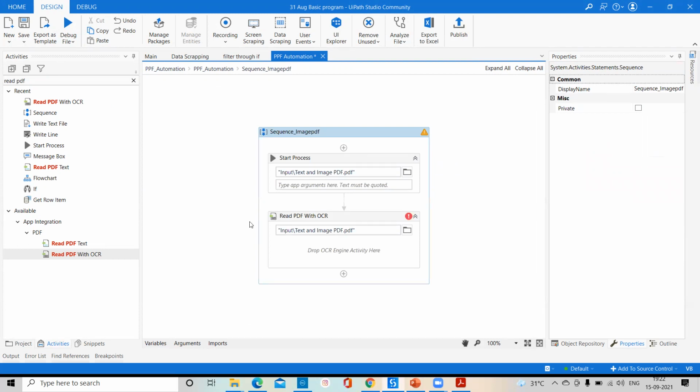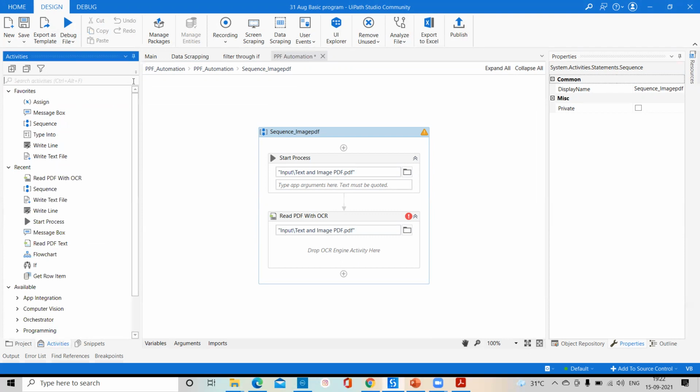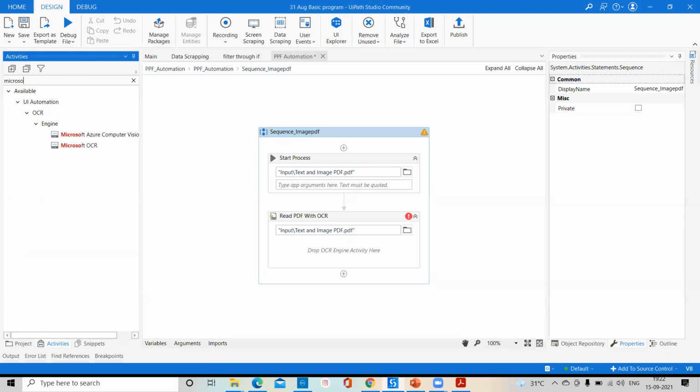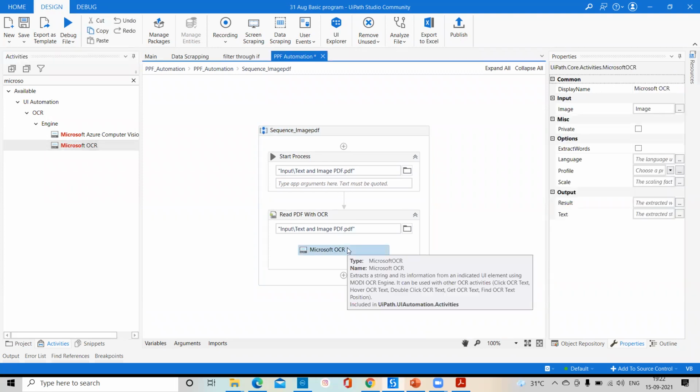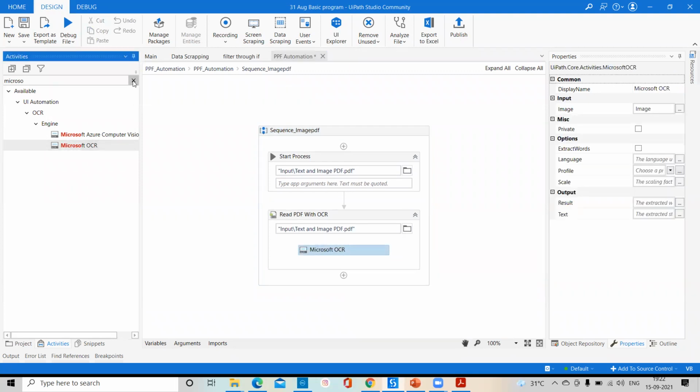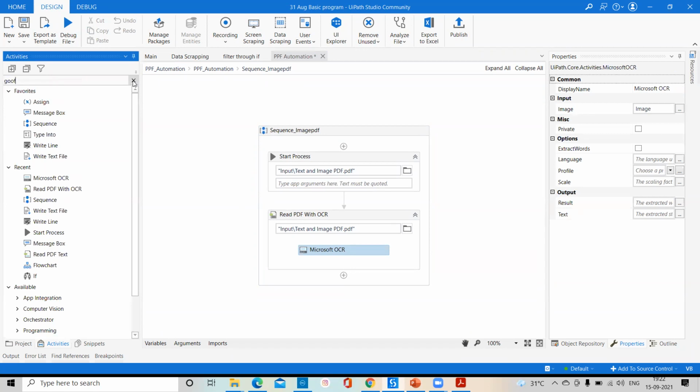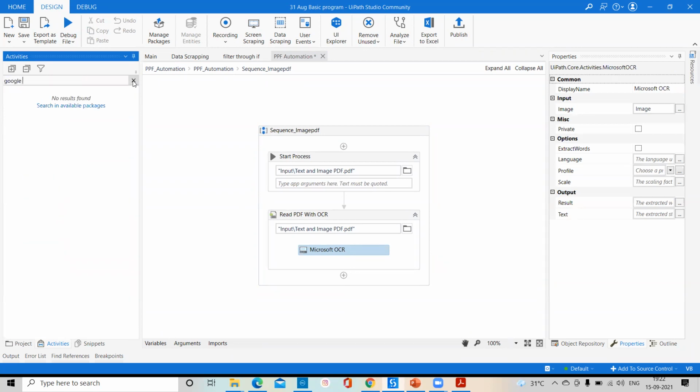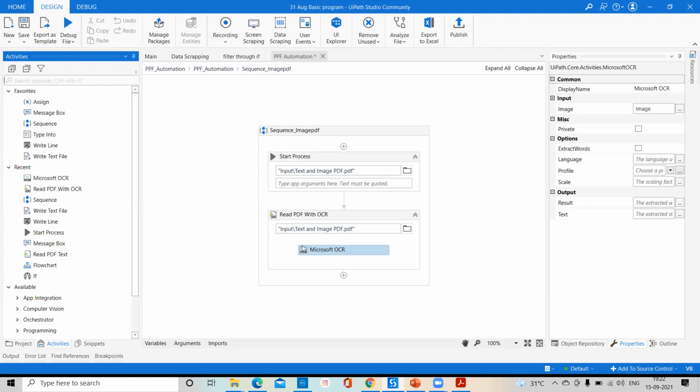But there are lots of OCR available, like the paid ones, like Transym, ABBYY OCR. Right now I'm going to use this Microsoft OCR. In UiPath, they provide Google OCR, Google Cloud OCR, and Microsoft OCR. The previous name was Google OCR, but right now they've changed it to Google Cloud OCR. So Microsoft OCR we can use for large types of documents.